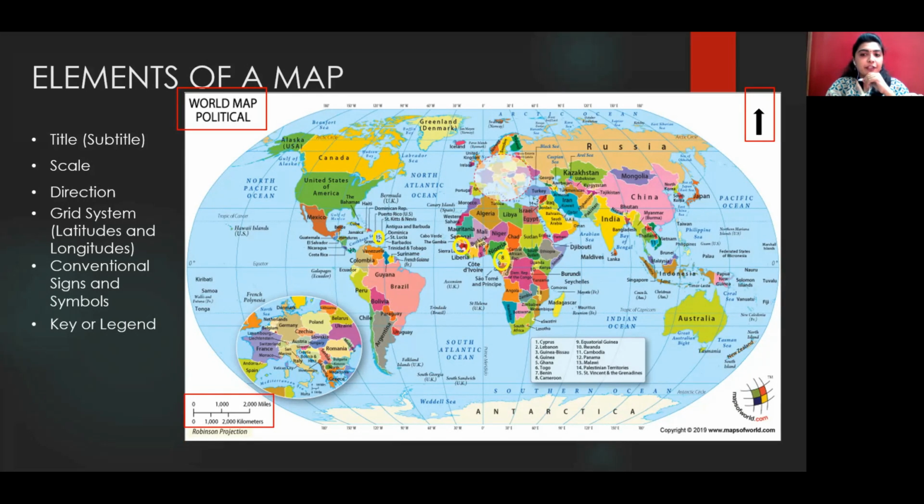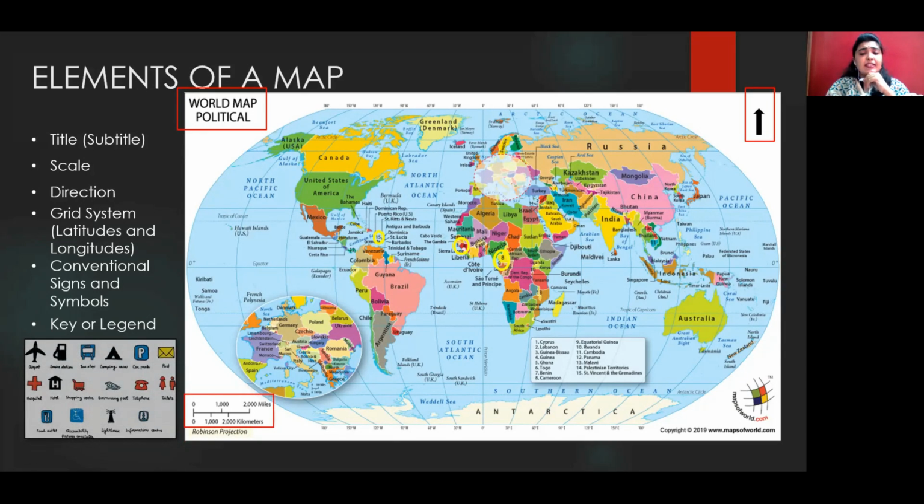So when I am referring to a map, I will definitely look for the north arrow, where the north arrow, as given here, is depicted by this kind of an arrow. The head of the arrow is generally towards the north. Once the north is known, it is easier for us to determine which is south, east, and west.